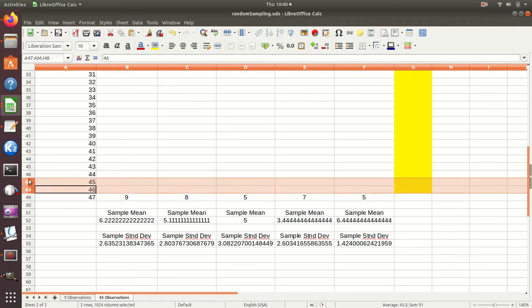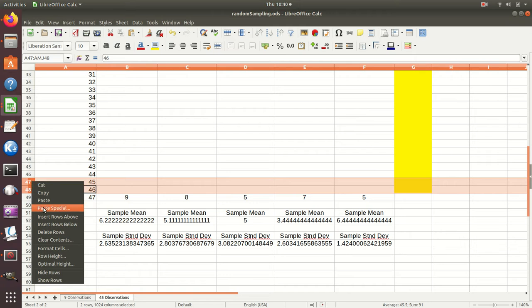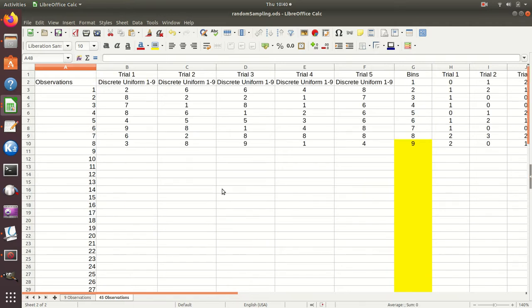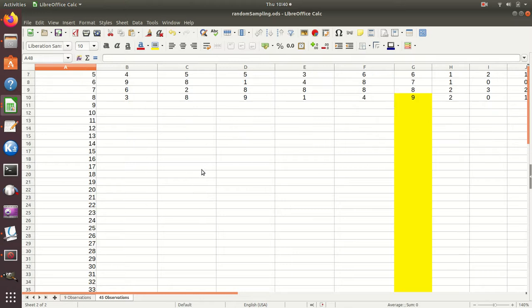Highlight those two, not the bottom one, the ones without data in them, and delete rows. And that says 47, but I can fix that to just say 45, enter. So there are mistakes that I make in this. If you get a little frustrated working on these things, that's life with technology. You will get a